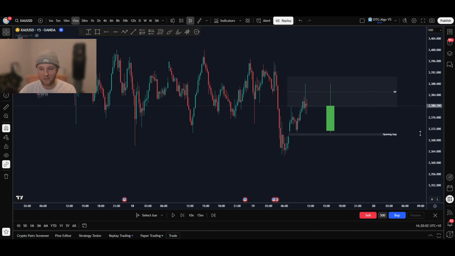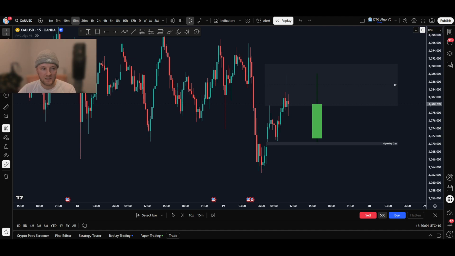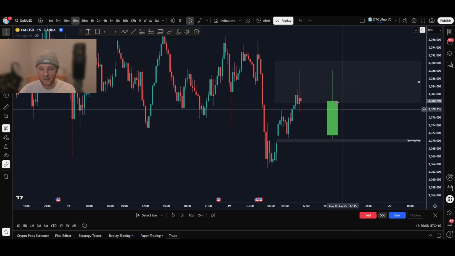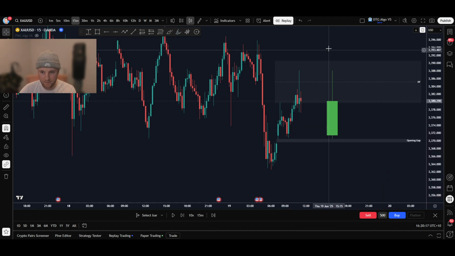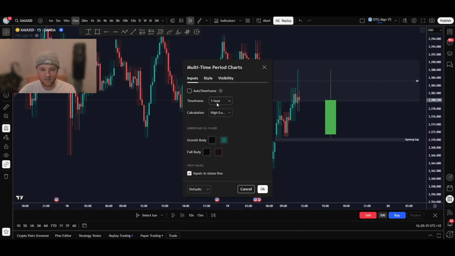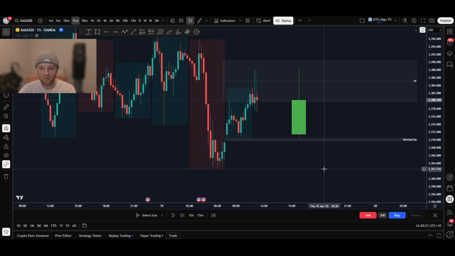If we take a look at the PO3 candle, this is our daily candle now that we're looking at. While we're on the 15-minute time frame, we can see how the daily candle is currently playing out. We've come straight into the mid-range of this Fibonacci retracement zone and rejected. The other thing I want you to look at here is the fact that there was also a 4-hour